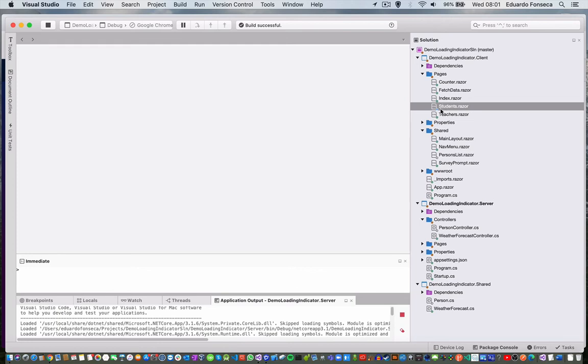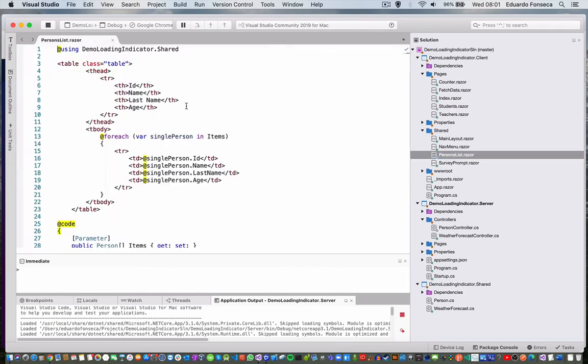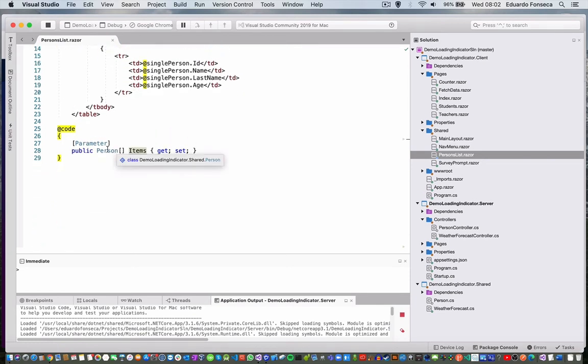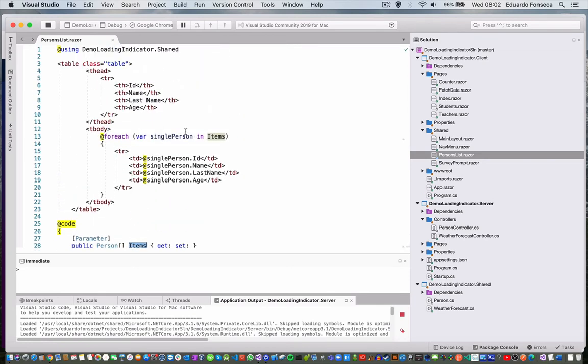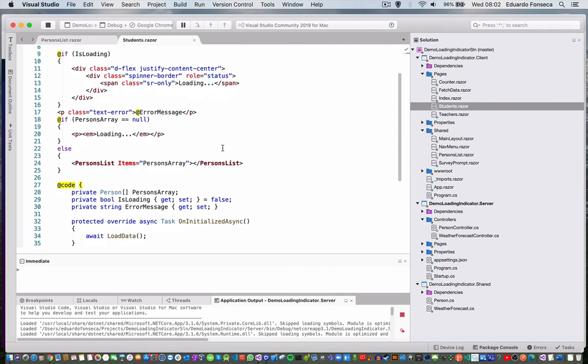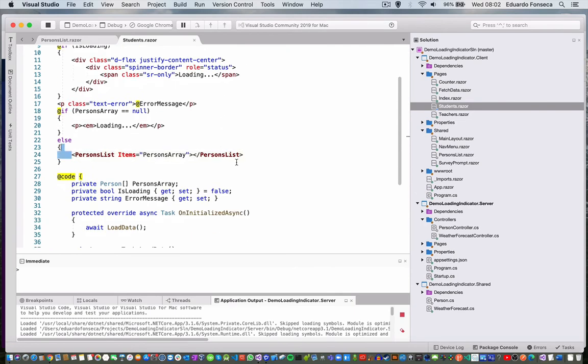What we do is we actually go and create a component, which is our basic component, and this is the basic template from the startup template for the Blazor application. So just modify it a little bit to get the items for different types. Okay, modify the properties, and then in the pages, instead of having all the table definition in here, what we